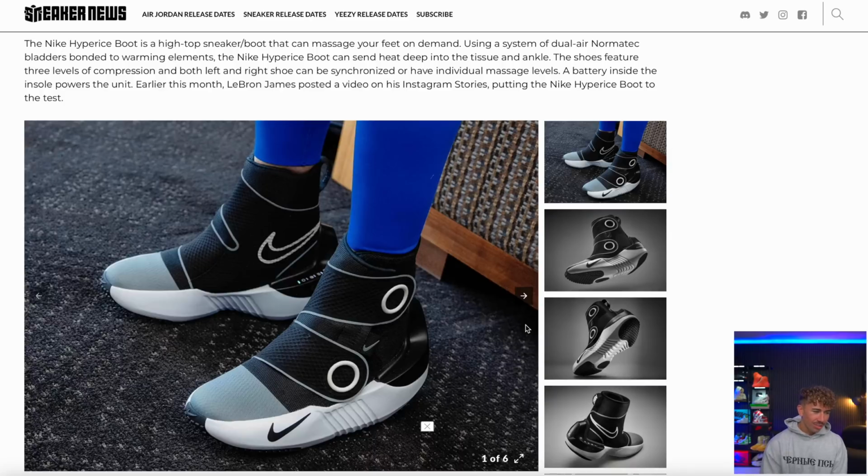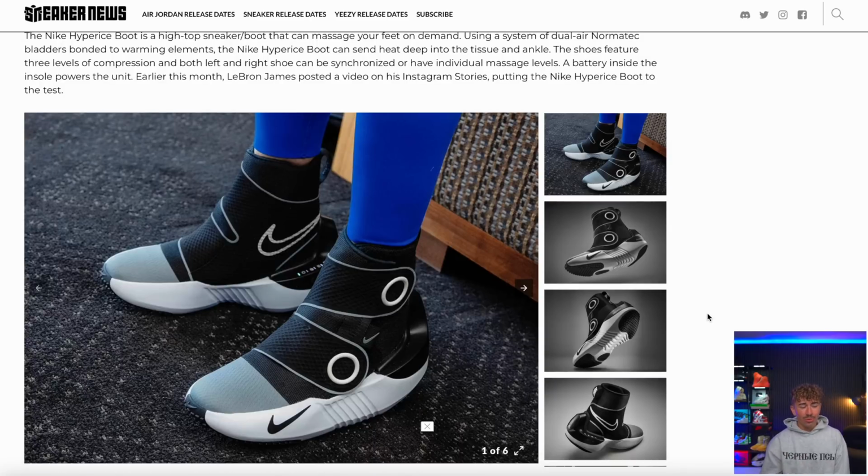So basically the Hyper Ice boot is a high top sneaker that can massage your feet on demand. The boot can send heat deep into the tissue and the ankle. The shoes feature 3 levels of compression, and both left and right shoe can be synchronized or have individual massage